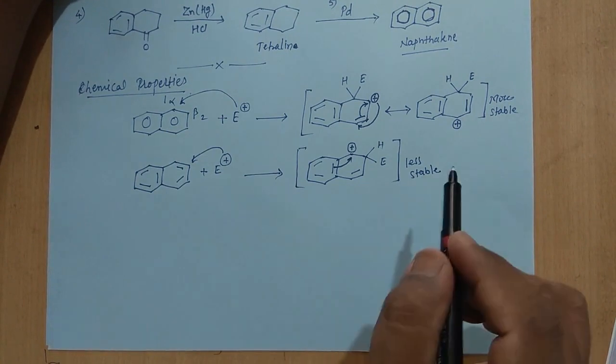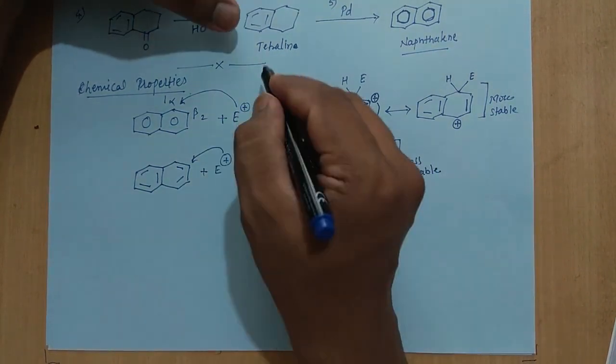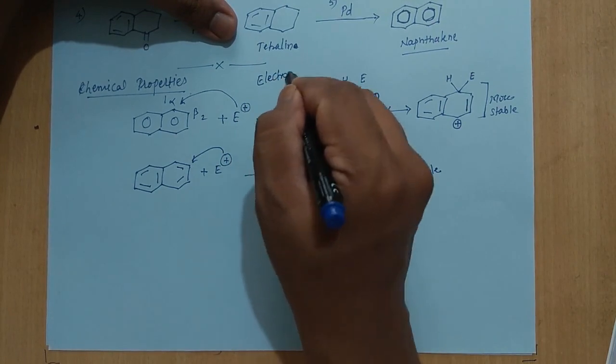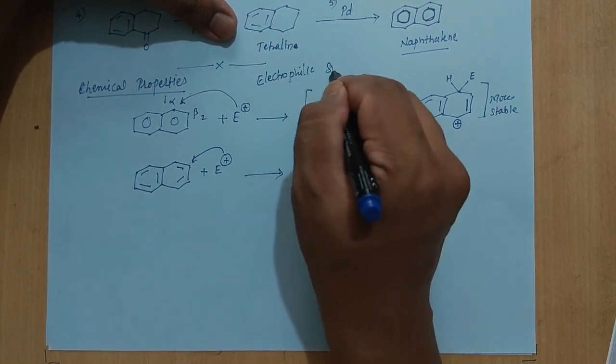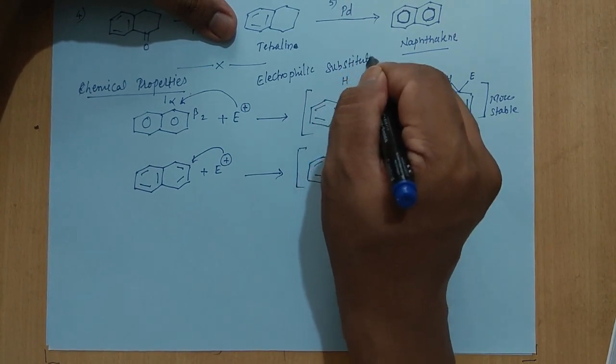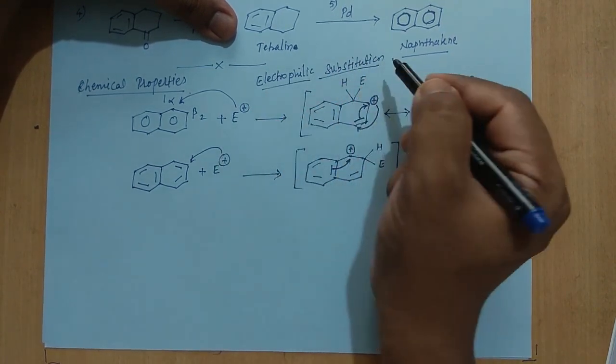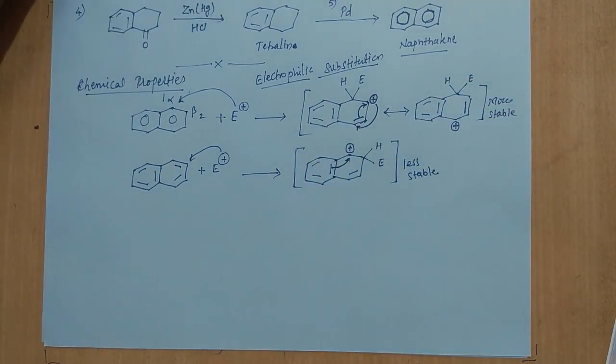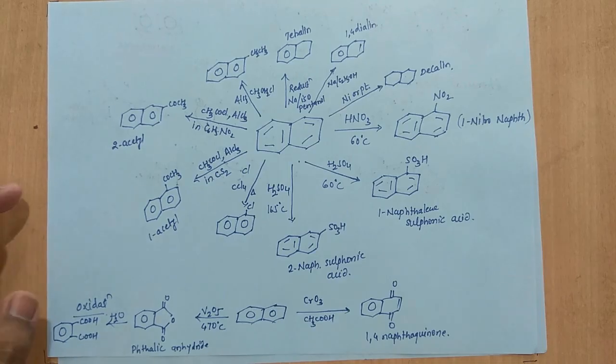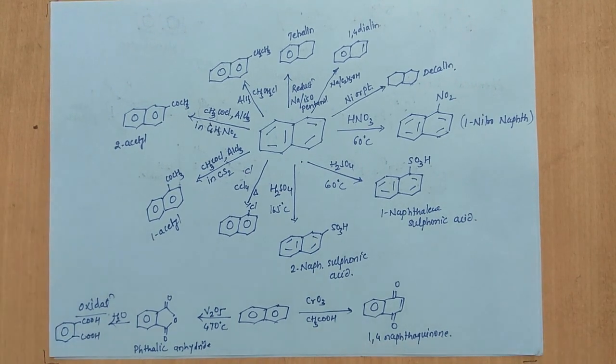Okay, all the reactions of naphthalene will be electrophilic substitution reactions, just because this is an electron rich species or electron rich structure. Okay, now let's see what the reactions of naphthalene are. Now this will explain the reactions of naphthalene. I will put it like this. You can freeze this and take a snapshot, screenshot and save it to your mobile. Okay, now I will explain in short what these reactions are.